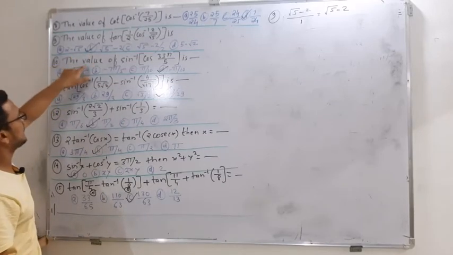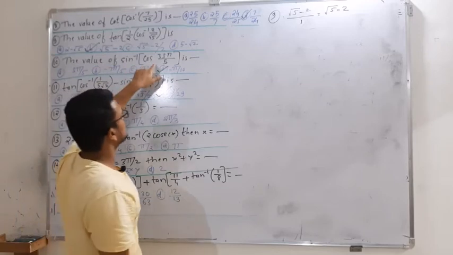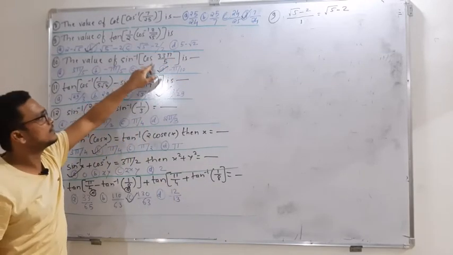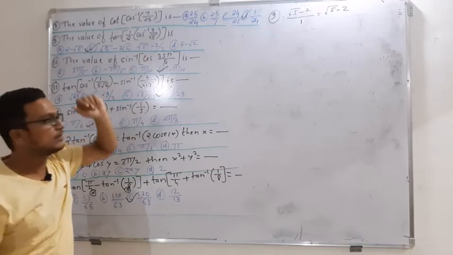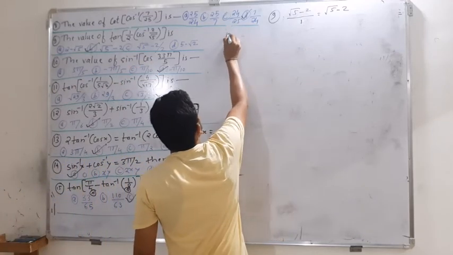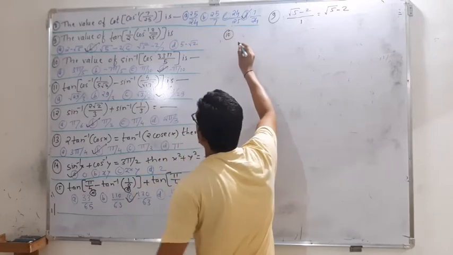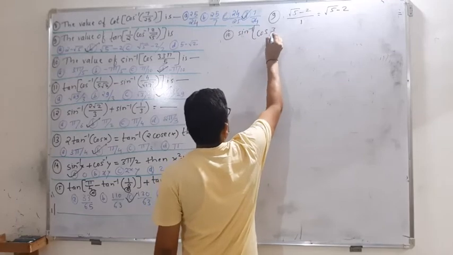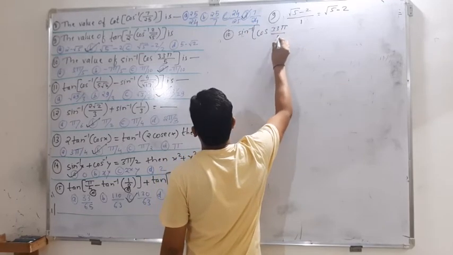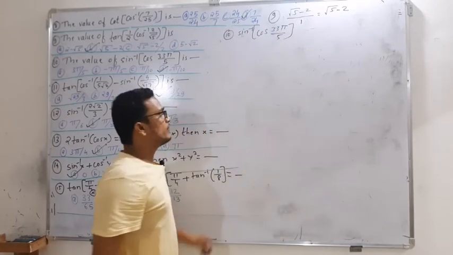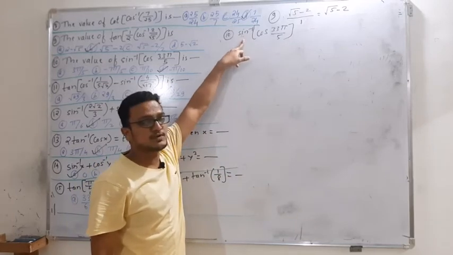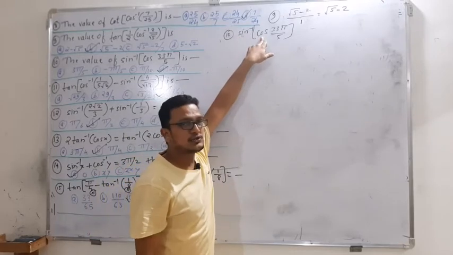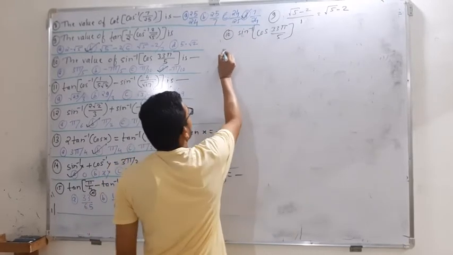Next question, the value of sine inverse of cos 33 pi by 5 is. This type of example we have already done in the theory exam also. Okay, so that is question number 10. Solution: sine inverse of cos of 33 pi upon 5. To find the value of this, outside is the sine inverse function. To cancel this sine inverse function, inside you should get a sine function. Then try to get that.